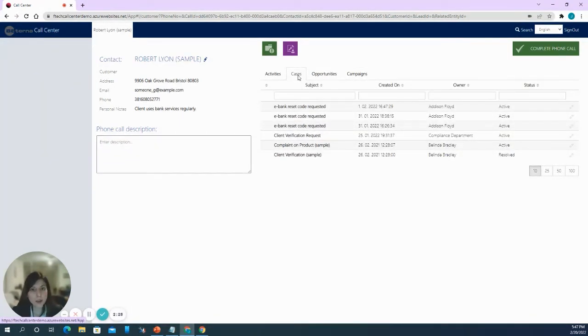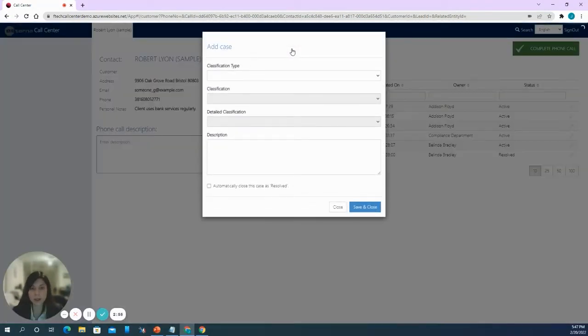Now let's get back to our scenario. Bearing in mind that Robert is calling to report an issue, this means that we need to provide him with support. To record this type of interaction with our customer, we use a case entity. Therefore, there is an option to add a case so that the end user can create a case directly from the mask while